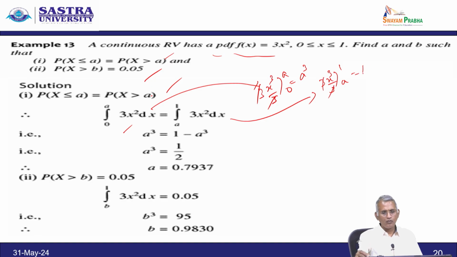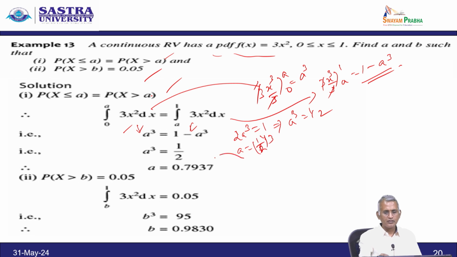So, 1 minus, and the lower limit a cube will come. So, this is this case and this is this case, and then minus a cube, bringing this over gives 2a cube equal to 1, which implies a cube equal to 1 by 2, and a equal to the cube root of 1 by 2, that is 1 by 2 whole power 1 by 3. So, this is the value of